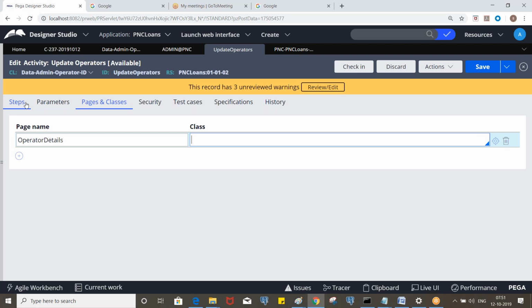Okay, let's define here operator details as a code pegalist, right? So you need to define it in the same way as the clipboard structure, the same format of clipboard.